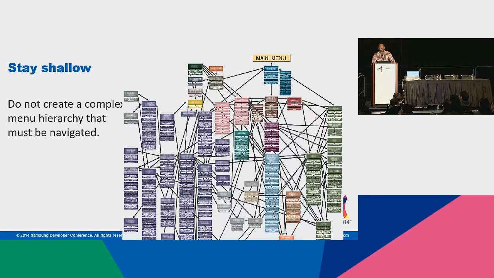Another idea is to make sure that we keep our navigation hierarchy very shallow. You want to reduce the amount of decisions that people have to make when they're watching TV. And keep in mind that not all destinations that we design are going to be equally likely to be visited. So make that navigation very efficient, and don't let it cost so much to navigate through the hierarchy of your UI.